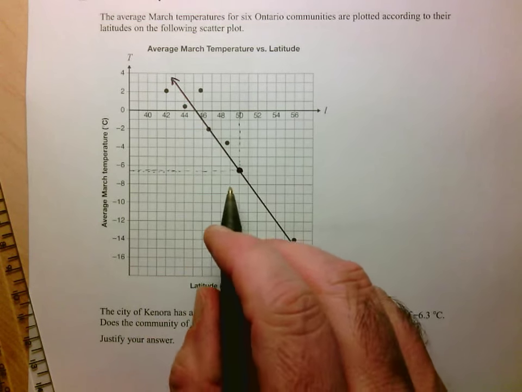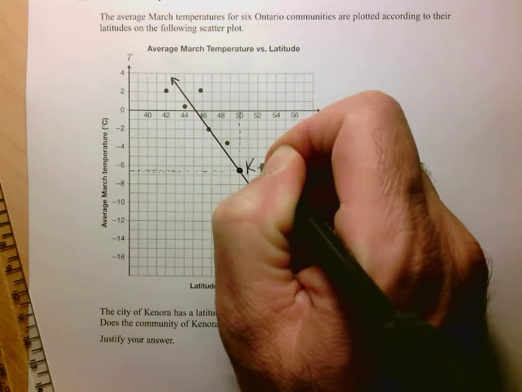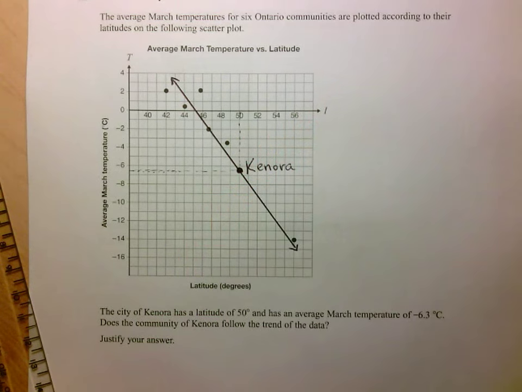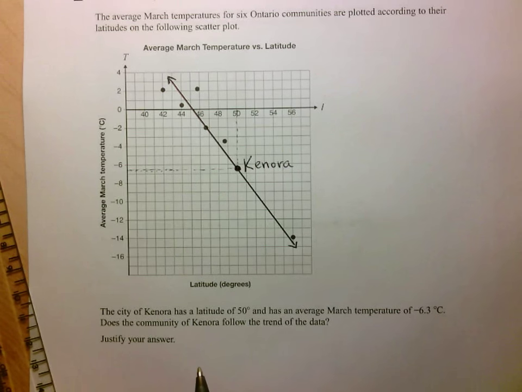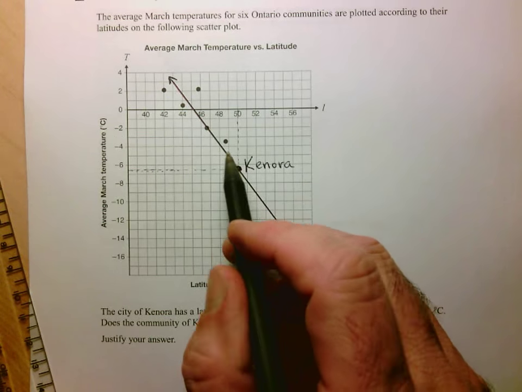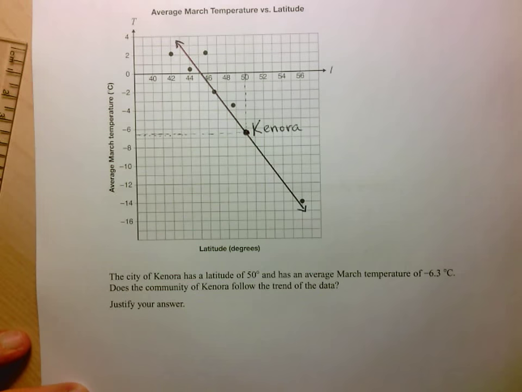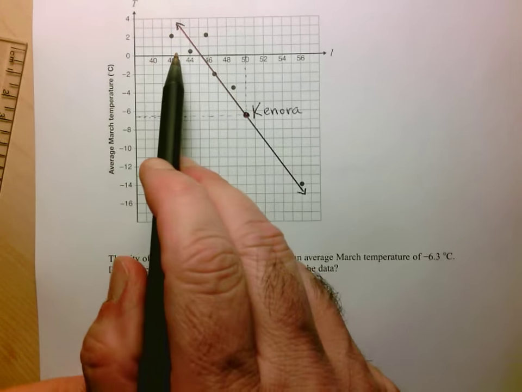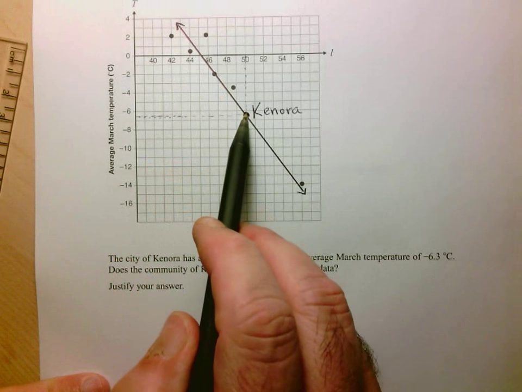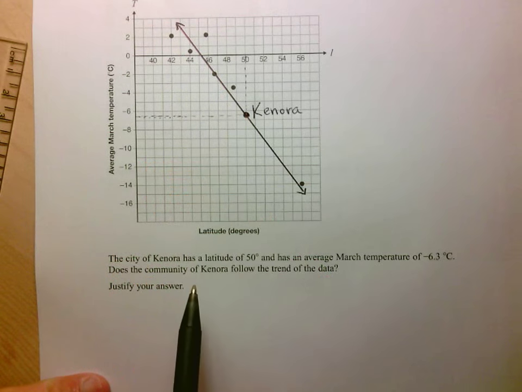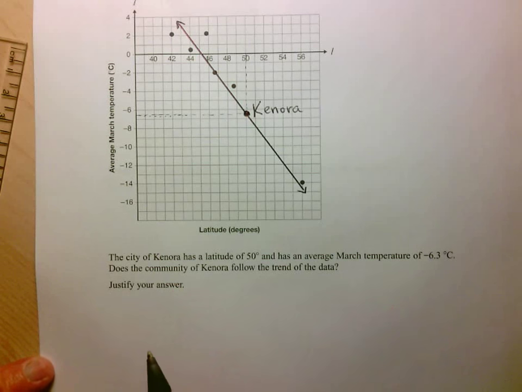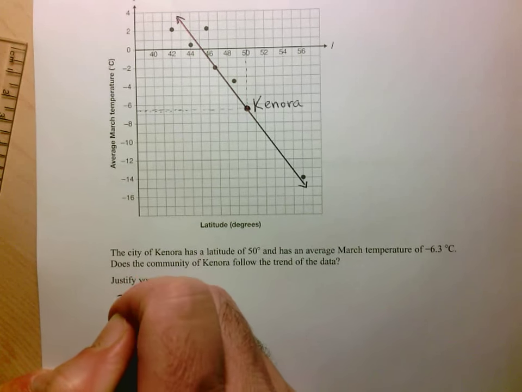Now, in order to show my work nicely, I'm just going to put a K here, or I can even say that this point represents Kenora. Okay, be very clear about what I'm doing. And since this point actually lies on the line of best fit, I can say that yes, Kenora does follow the trend in the data. Now, even if I had drawn my line a little differently, Kenora would have been very close to that line if I drew a good line of best fit, and I could have made the same conclusion. So here to justify the answer,